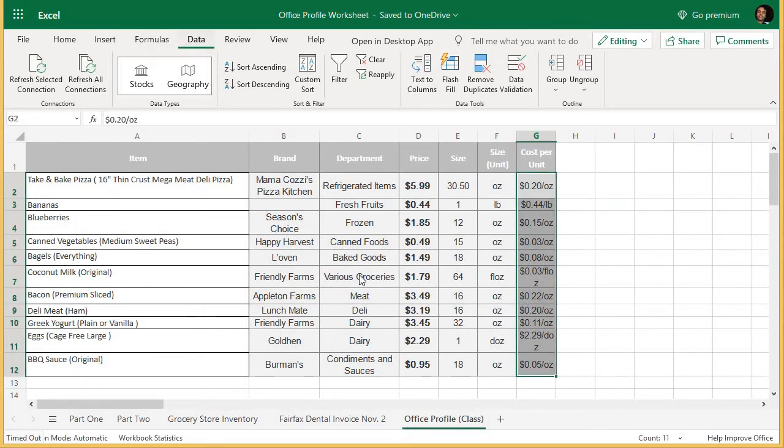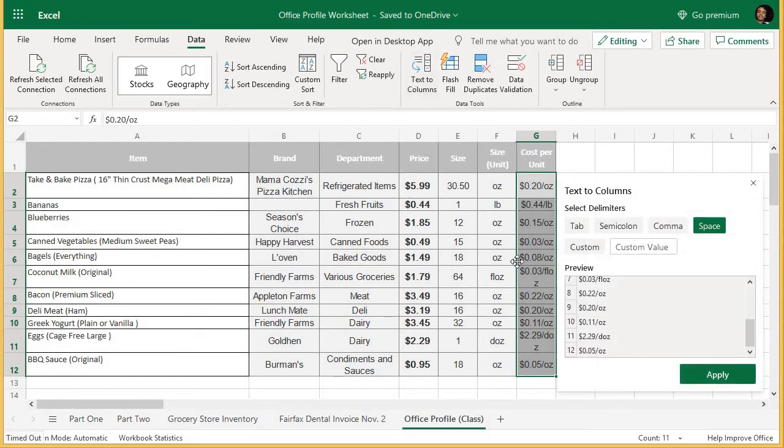So we go on the Data tab in the Data Tools group, Text to Columns, and in this case, well, the delimiter is not a space, right? There's no space in between them. However, there looks like a forward slash. Is this a forward slash or a backslash? I'm not sure. But I know what it looks like. It looks like this, right? So in this case, this is going to be